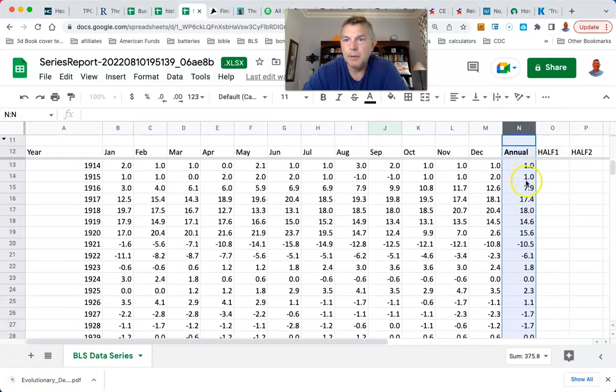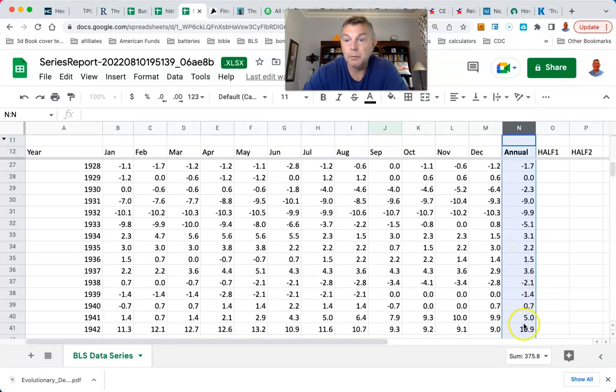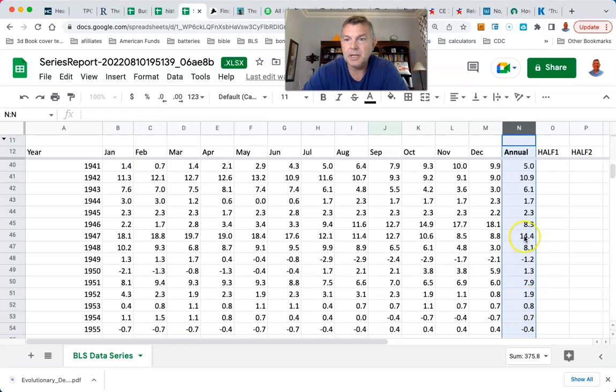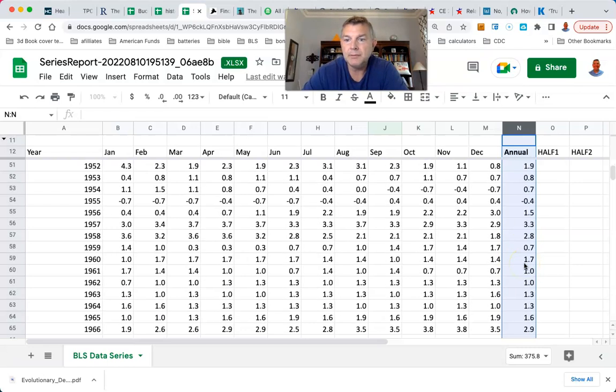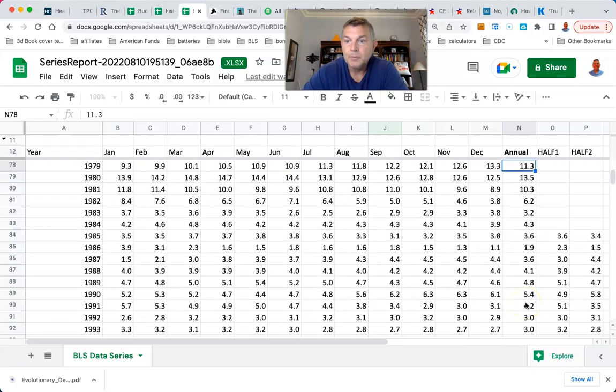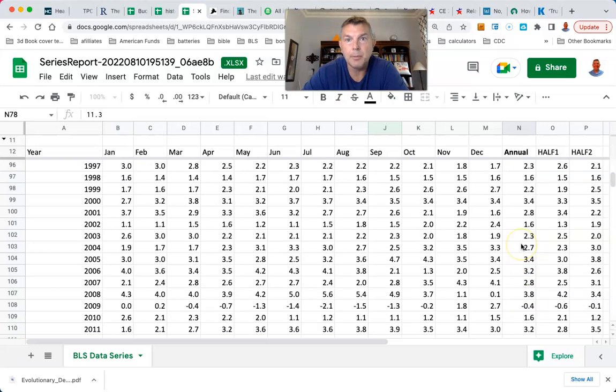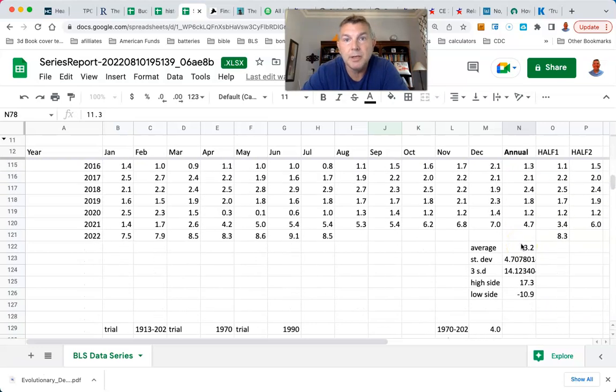You can see we had 118. And this is World War I, World War II, negative 1, 0, lots of volatility, negative 9, negative 9.9, negative 5.1, negative 2, 10, 6, 14 in 1947, 8.1 in 1949, negative in 1950, and you get lots of volatility there. Look at that, all kinds. There's 1974, 1979, 80, 81, 82, just lots of volatility. And then it starts to level off. But even in the latter part of the 30 years, it's still been pretty volatile relative to a linear rate of return.